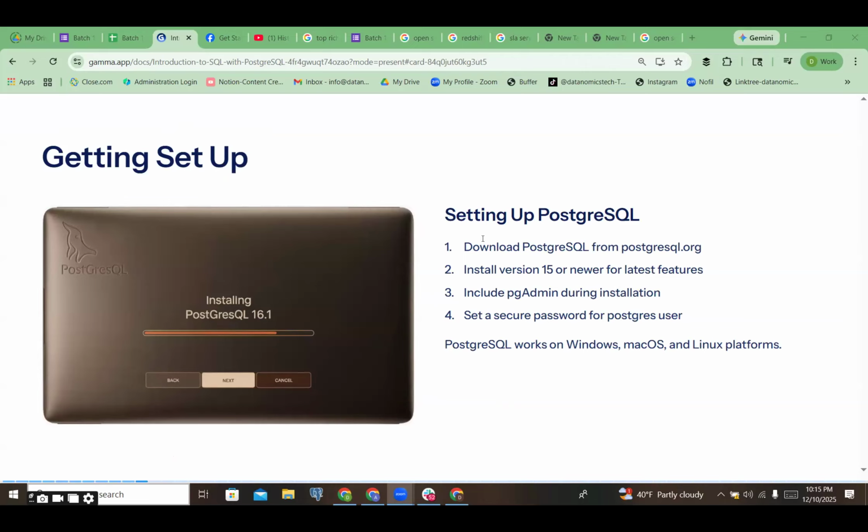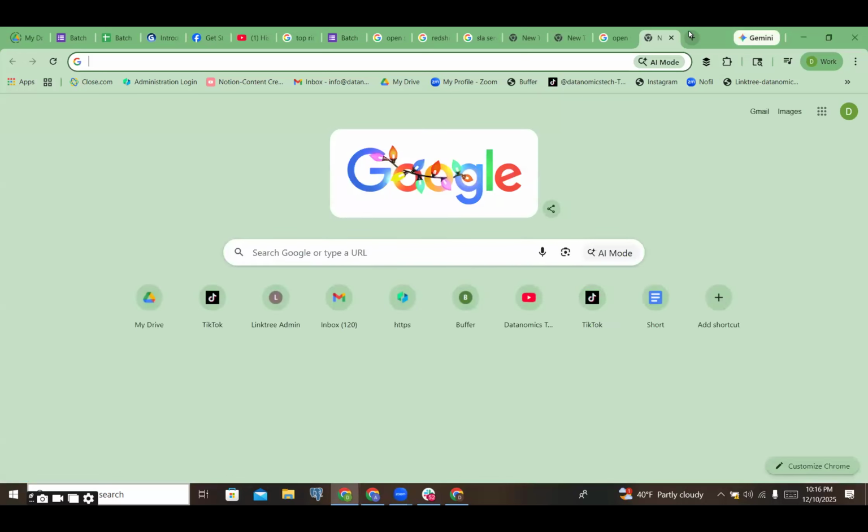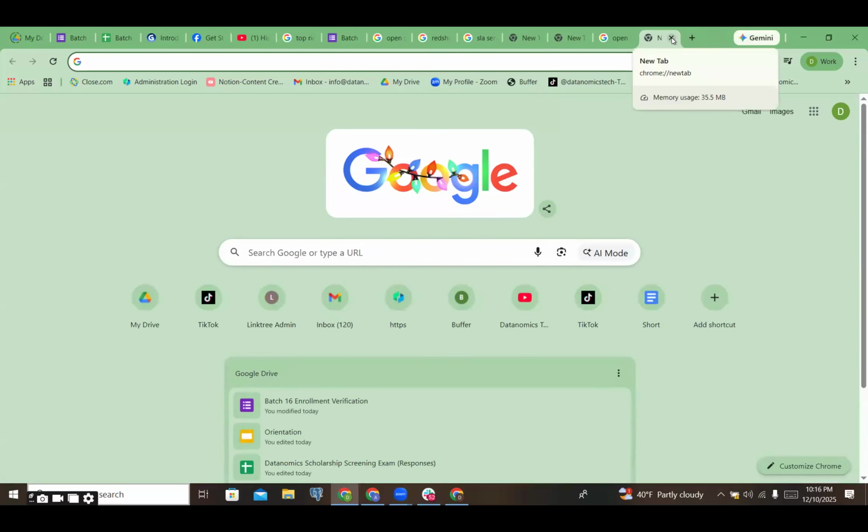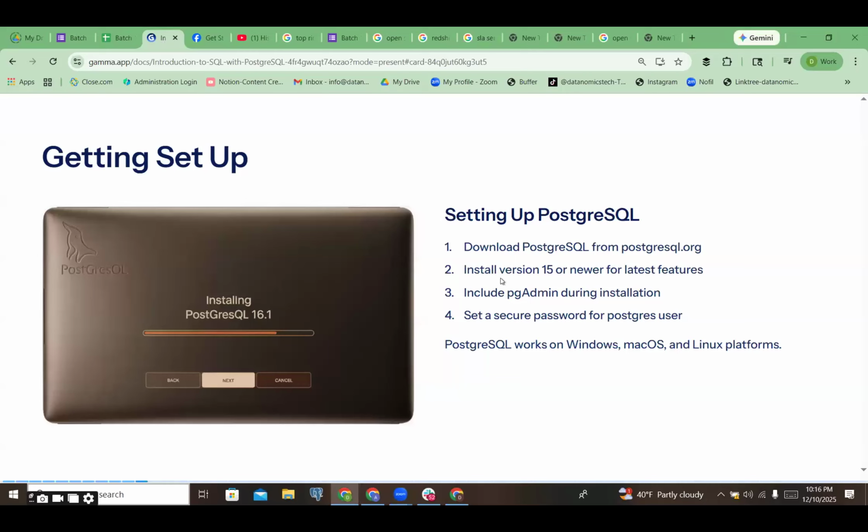So what kind of database is Postgres in terms of on-prem versus cloud? Is it a cloud database or on-prem? It's cloud, right? No. Since it's going to be on-prem. On-prem, yeah. We're going to install it, download it on our local computers. If it was a cloud, we'd just be using a browser to log into that database, and the database would be running on someone else's server on Amazon or Azure or whoever our cloud provider is. But Postgres is on-prem. We have to install it on our computer or on company servers to be able to